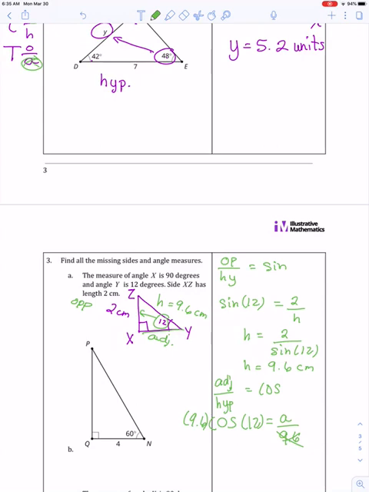So I have cosine 12. If you're using your phone calculators, take care of your trig functions first. So type in 12, then hit cosine, and then multiply that by 9.6. So hopefully you came up with about 9.4. So my adjacent side is going to be 9.4